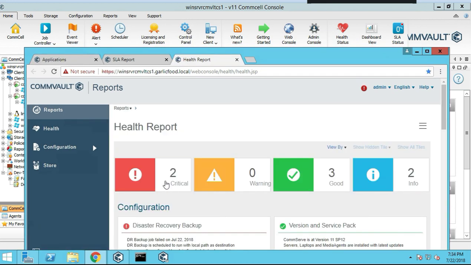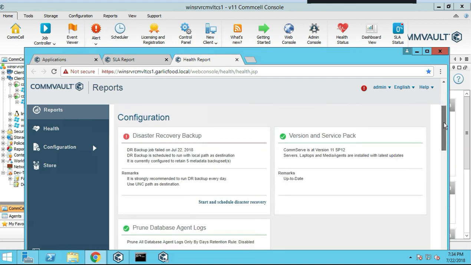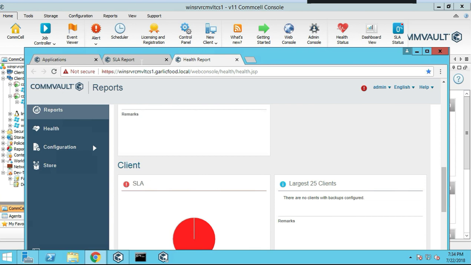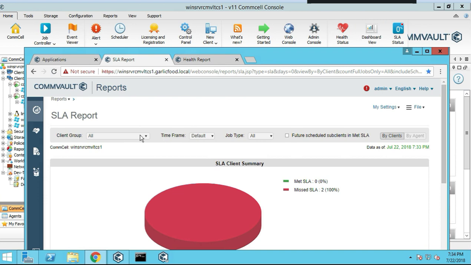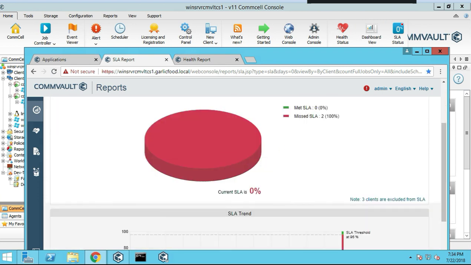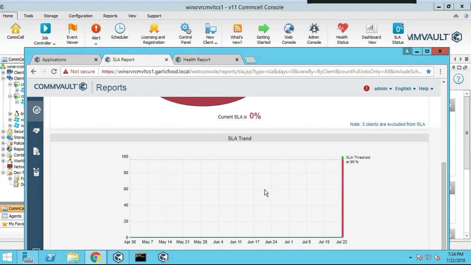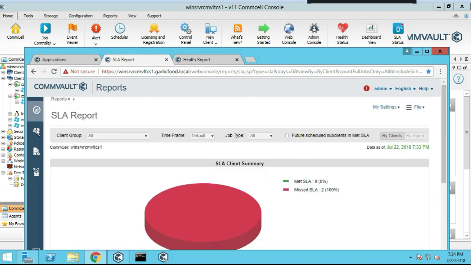This is an example of a health report. So you see here, you have the critical, you have the warning, the good, the info, and lots of nice information about your environment that you could use for your benefit. Capacity planning, SLA, and then finally the SLA status. So this one is really nice. It says client group, you met your SLA, you missed your SLA, we missed our SLA, okay. Your threshold, just lots of nice information that you could use to help you decide on your